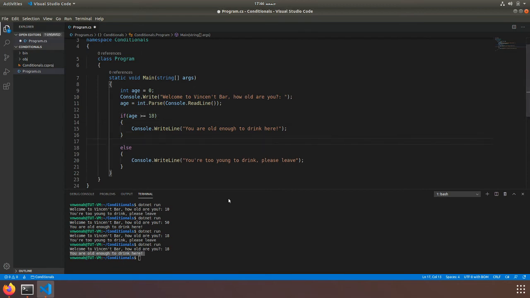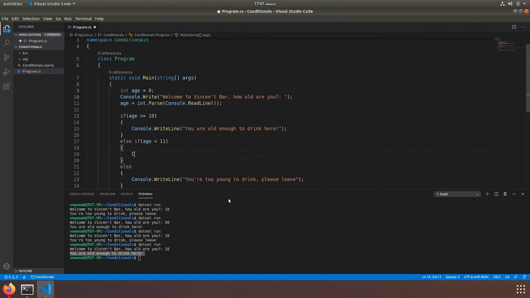I'm going to put a space here and I'm going to say else if. Now I want to check for a specific case. I want to check if this child is younger than 11 years old. So let's just assume that 11-year-old is the age where anyone can go out on their own without supervision. So I'm going to say if age is less than, this time I'm using the less than symbol, if age is less than 11,